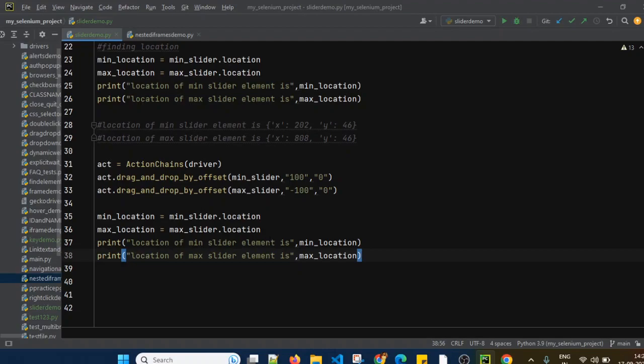It will find the location of the minimum slider element after movement, so it will give us the location after moving as well as before moving, that is, before sliding.